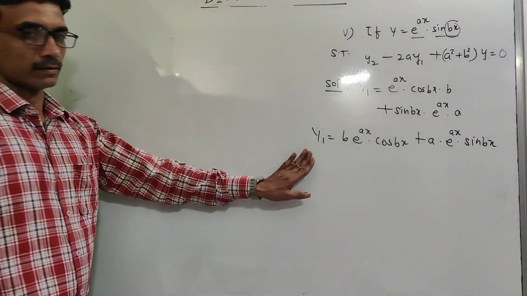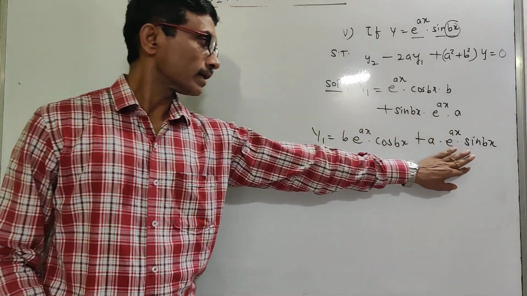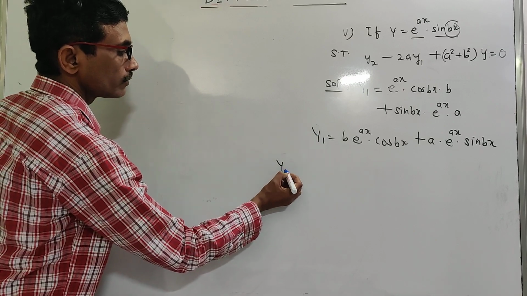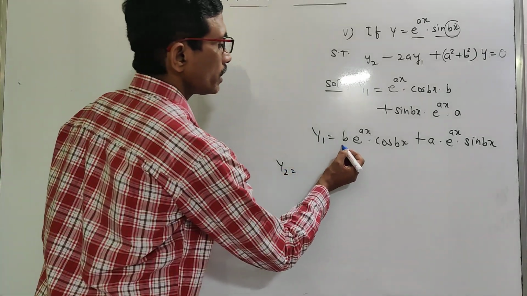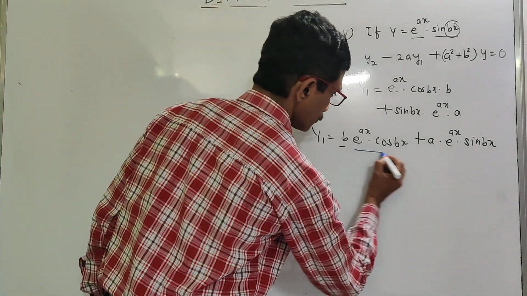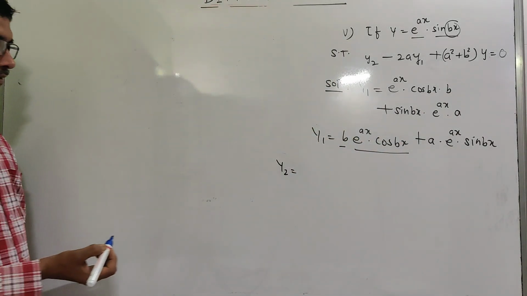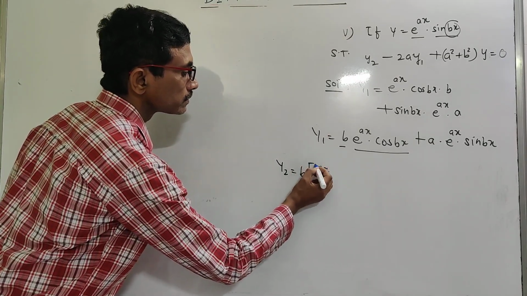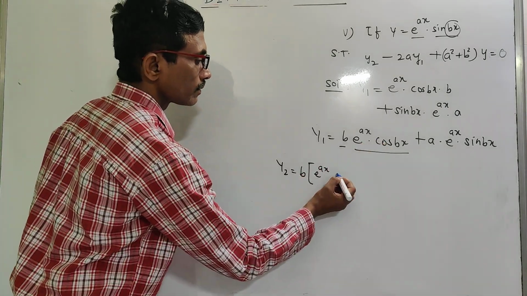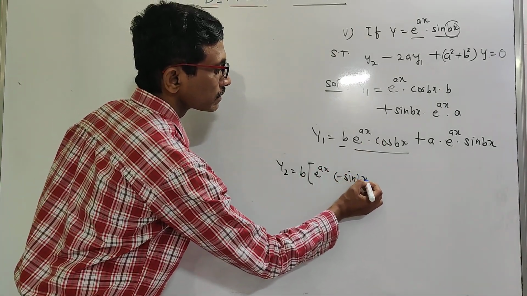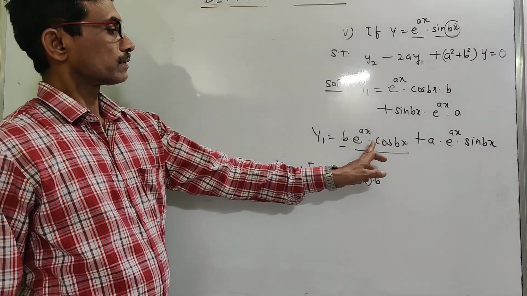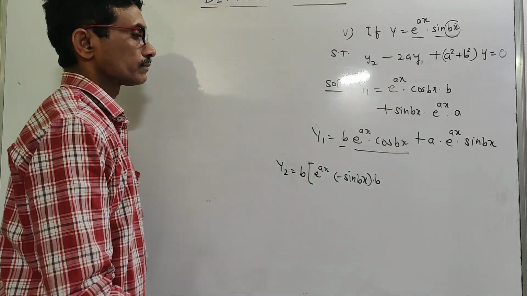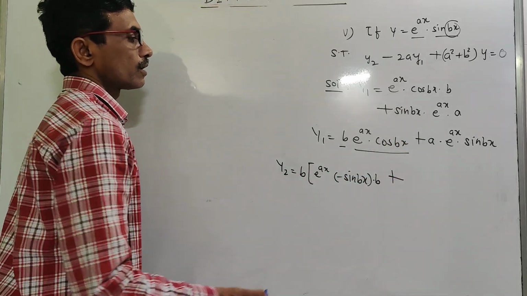This is y1. वापस इसका डेरिवेटिव लेंगे हम, that will give us y2. So y2 is derivative of this again. Here b is constant, derivative of these two terms u into v, b as it is e raised to power ax, derivative of this minus sin bx into b, derivative of cos bx minus sin bx into derivative of bx, b, plus cos bx as it is,